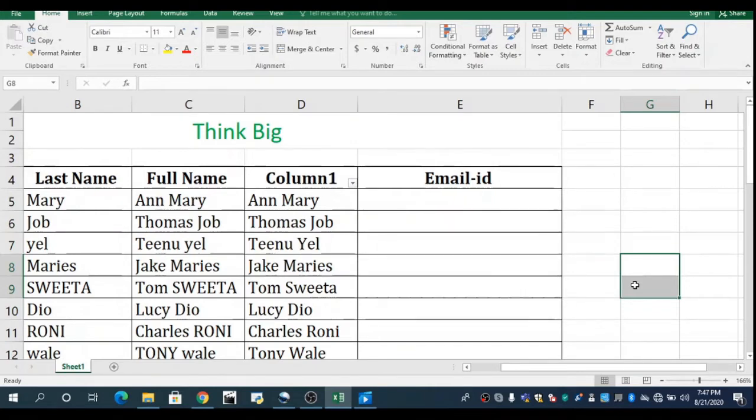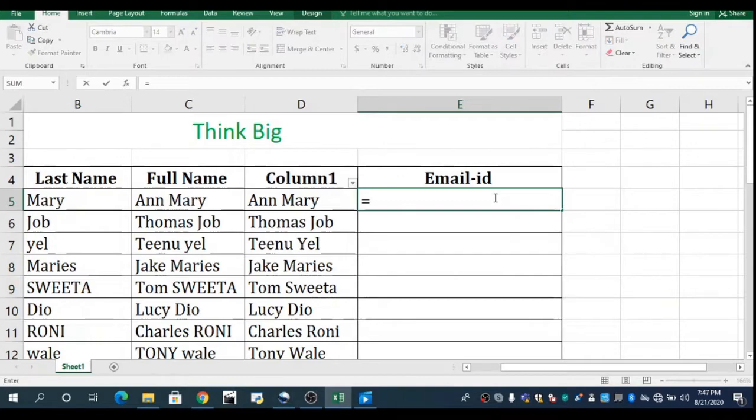So let the email ID be in this format: first name dot second name at thinkbig.com. For that, first we know every email ID will be in lowercase. So first thing we need to write here is an equal to, then we write lower. Press tab, so lower is selected. Whatever we write after this will be in lowercase.